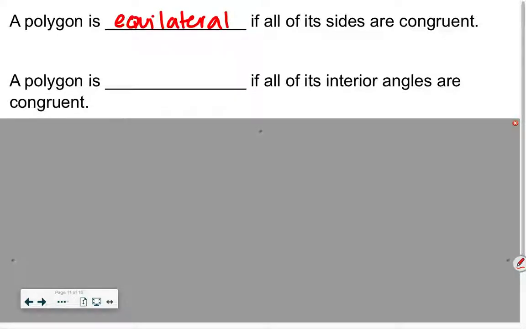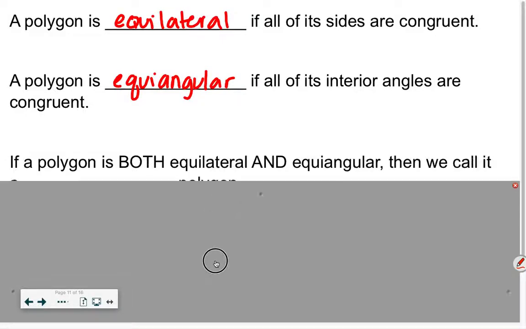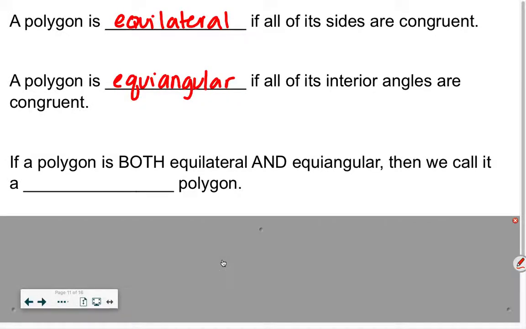Okay? And what do you call it if all of its angles were congruent? Equiangular. Very good. Now, when we dealt with triangles, those two words always went together. Well, any other shape besides a triangle, you can actually have one without the other. Now, if you happen to have both all the sides and all the angles the same, then we call it